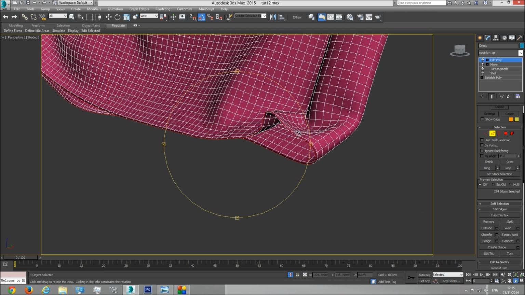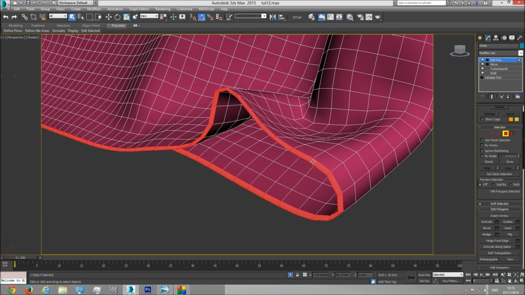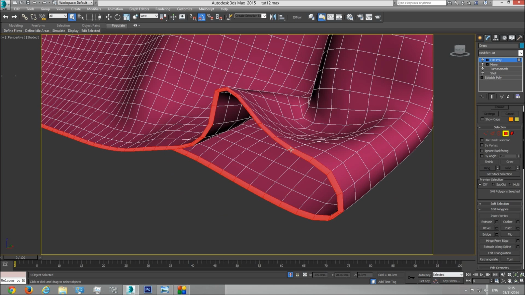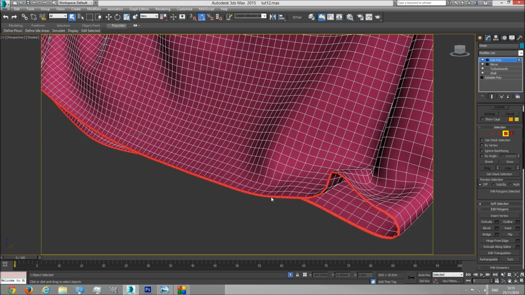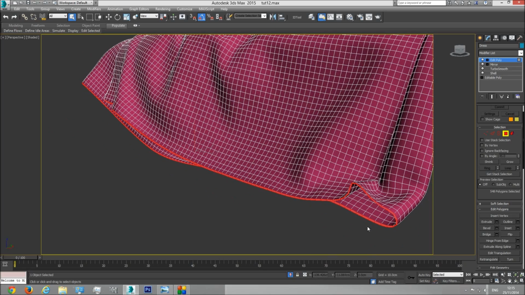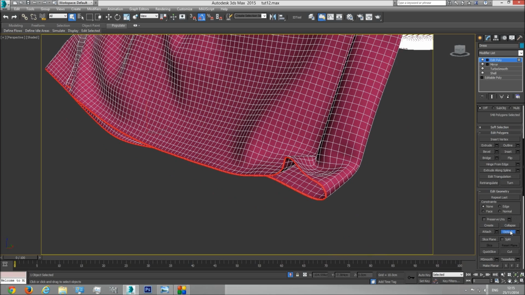Now in order to select the polygons that these edges touch, I need to hold Control and click on Polygon. What this does is select all the polygons that touch the edges that were selected. So if I Control-click on Polygons, it selects all the polygons that touch the edges we used, which is great for us because these are exactly the polygons we need to grow hairs from. So this is fine, the selection is good. I'm going to detach it,